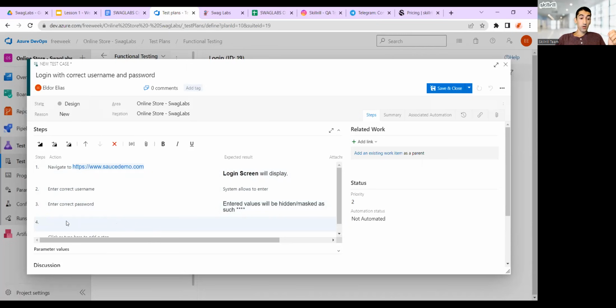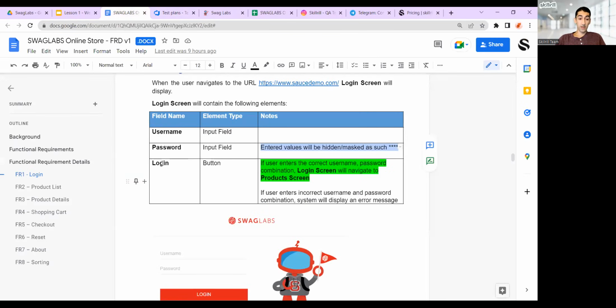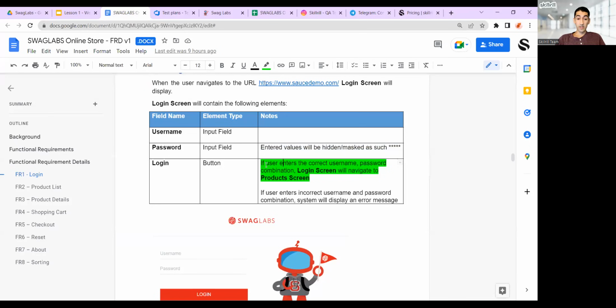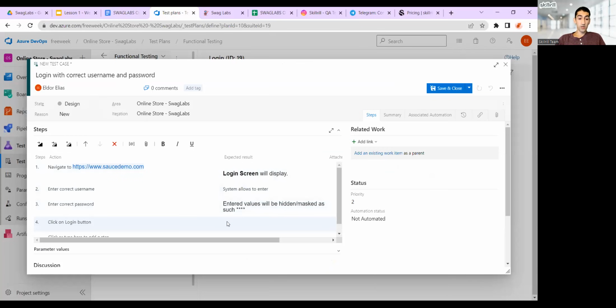That's right. So let's go to step 4, which is, I think, the most critical part. Just click on login button. What's the expected result here? Login screen will navigate to product screen.